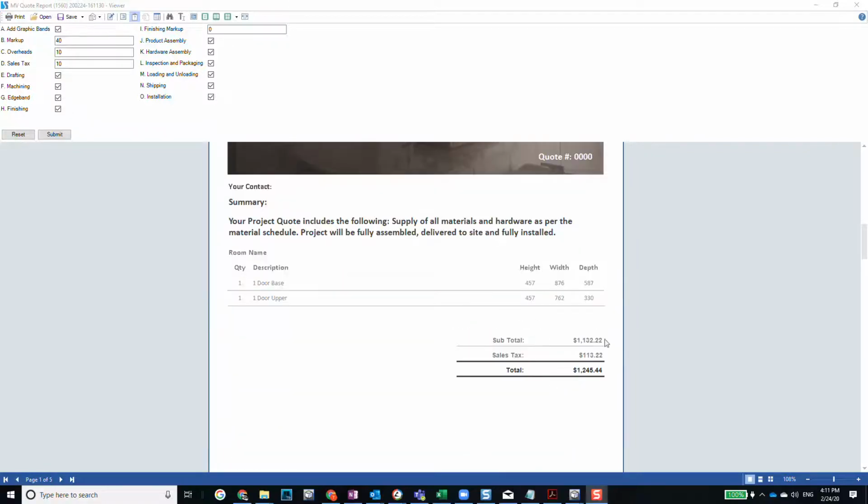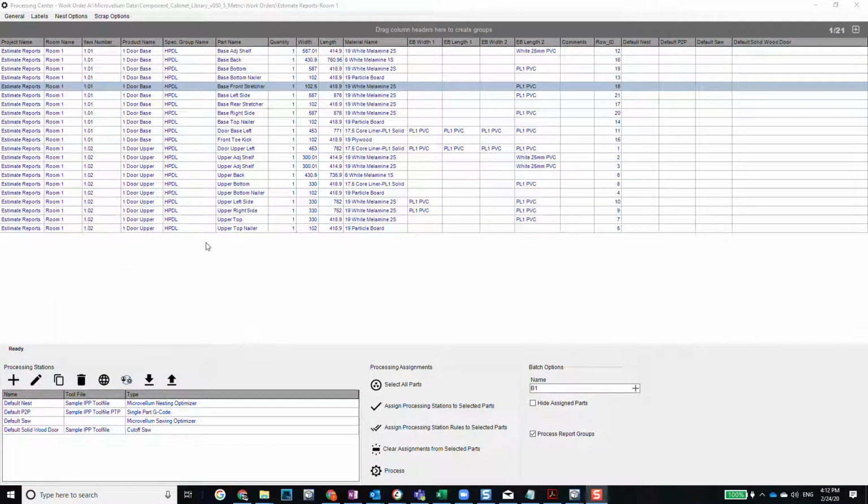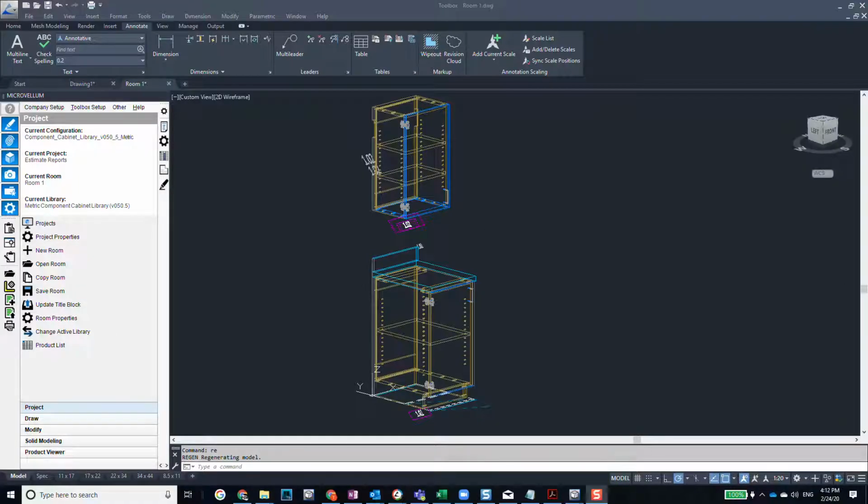You can include those things in this report as well with that same calculation that we have on the other reports. Now the beauty of these reports is that there's not any data that really needs to be added to the products in order to calculate this. It's based on the actual drilling, routing, edge banding that's applied when the work order is processed. And so we have a count of all the drill drops, how many feet of routing, how many lineal meters of edge banding,